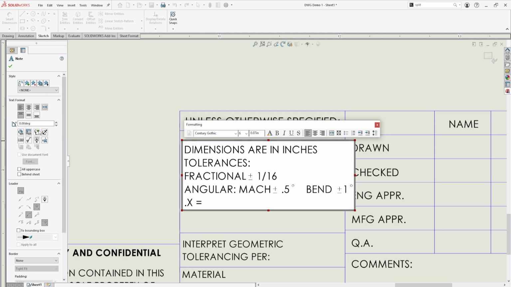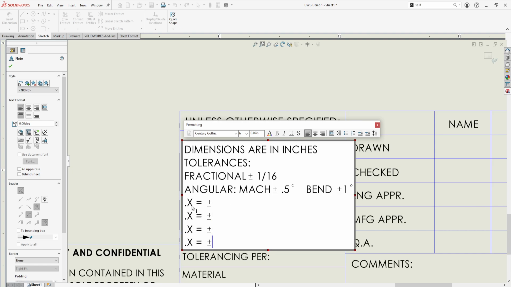equals plus or minus. Go ahead and copy that a couple times. Paste, paste, paste. And shift X, XX, 4-place decimal. So for the 1-place decimal,